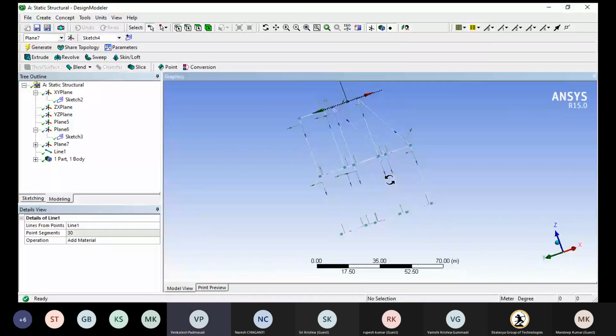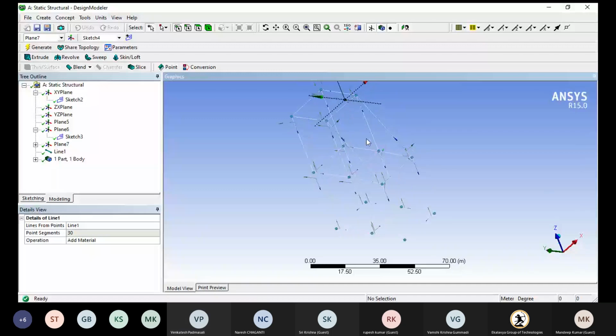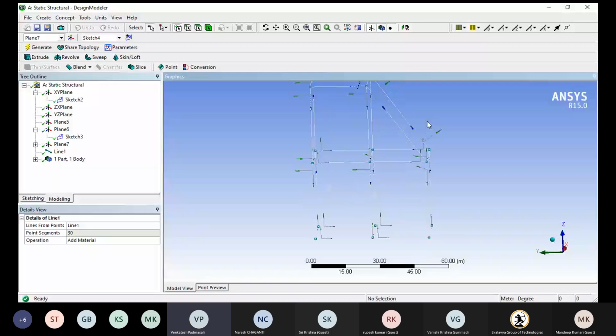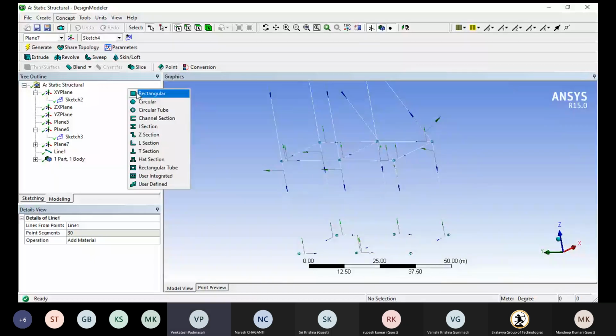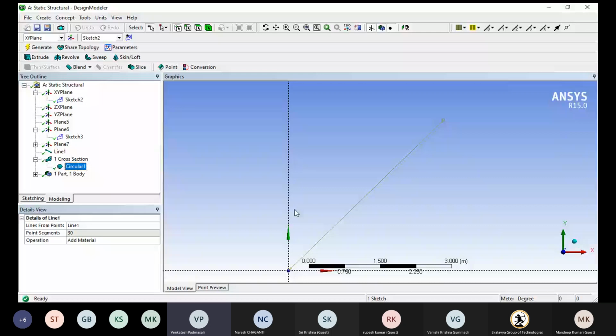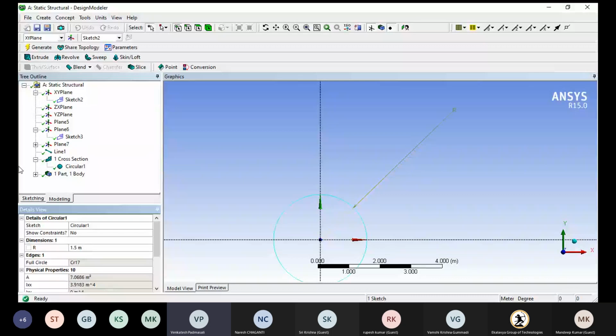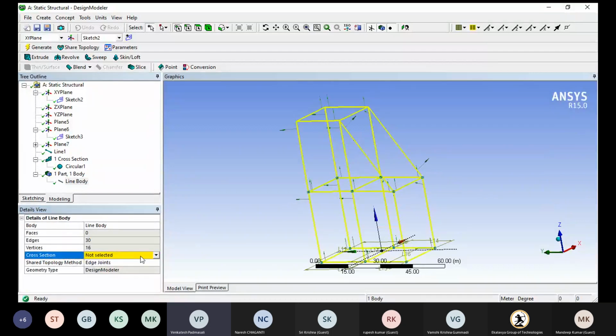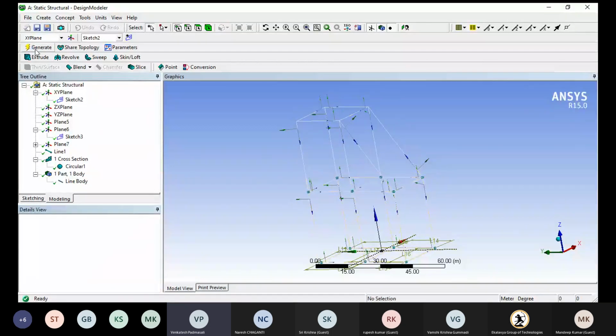Okay with you guys, the screen may be available. So I would like to add a concept to this for a cross section. The cross section should be a circular cross section like this. So for the circular cross section, I am going to provide 1.5 meters. Generate. So open here the cross section body, select the line body, and select here the circular profile, generate and make it close.